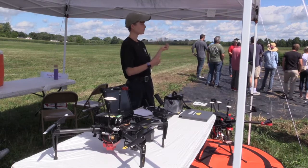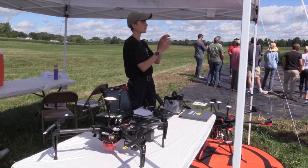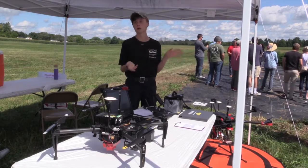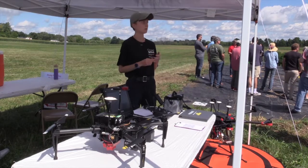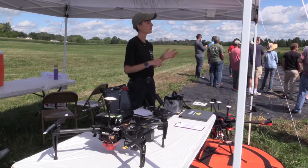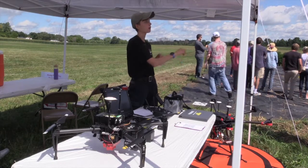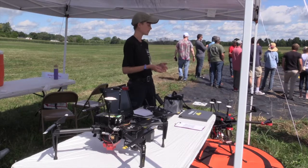May is using it for something slightly different because she's looking at different traits and differentiating between different types of hemp plants. So her ground truthing is actually a lot more extensive. They're taking things like heights and leaf diameter. I guess we've both been doing stomatal conductance, but for different reasons. So what you want to use the digital imagery for will determine the measurements you take on the ground to validate it. But that is a really critical piece of this, because at the end of the day,